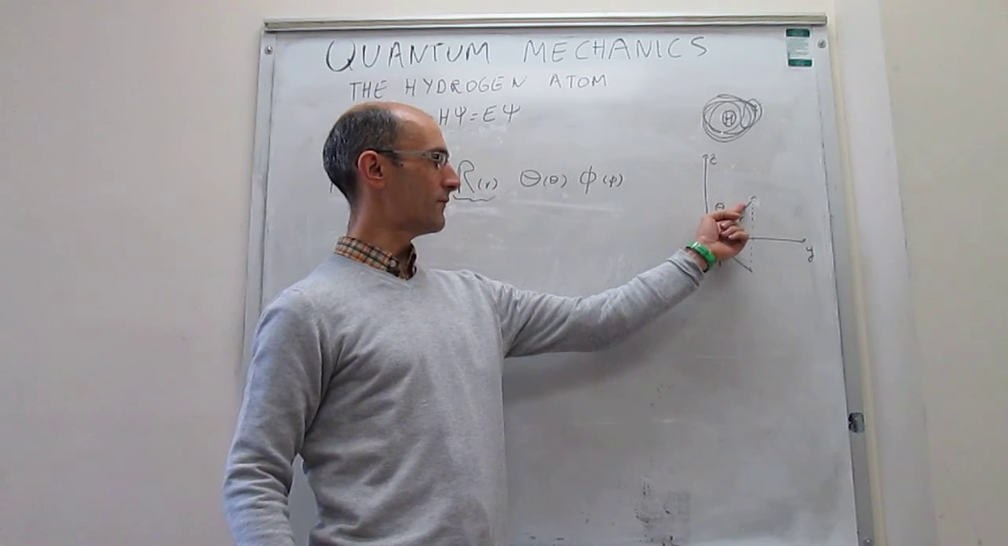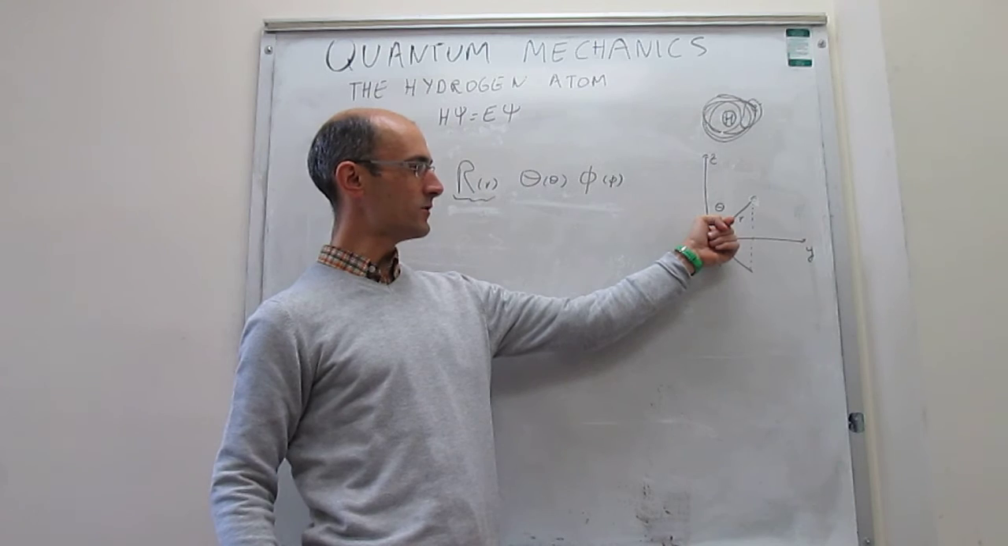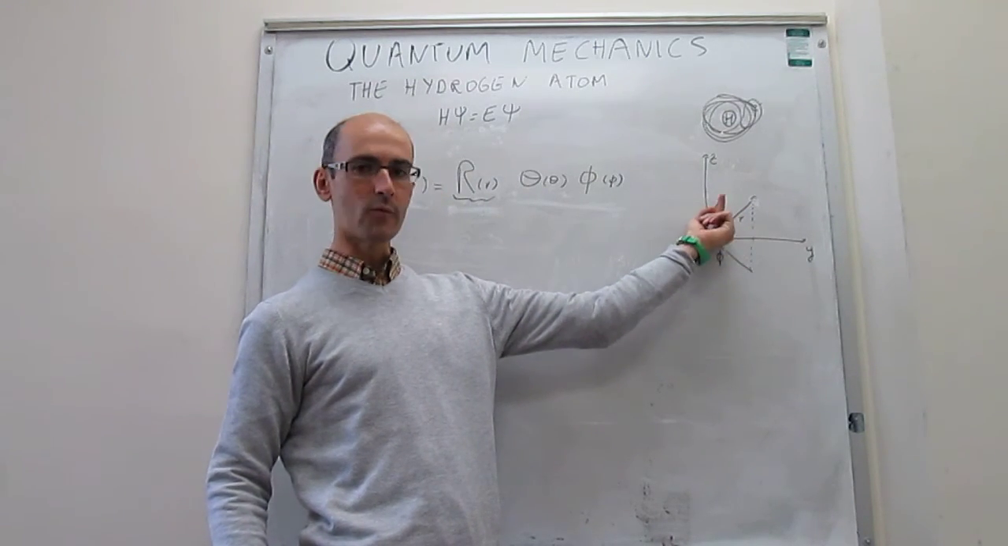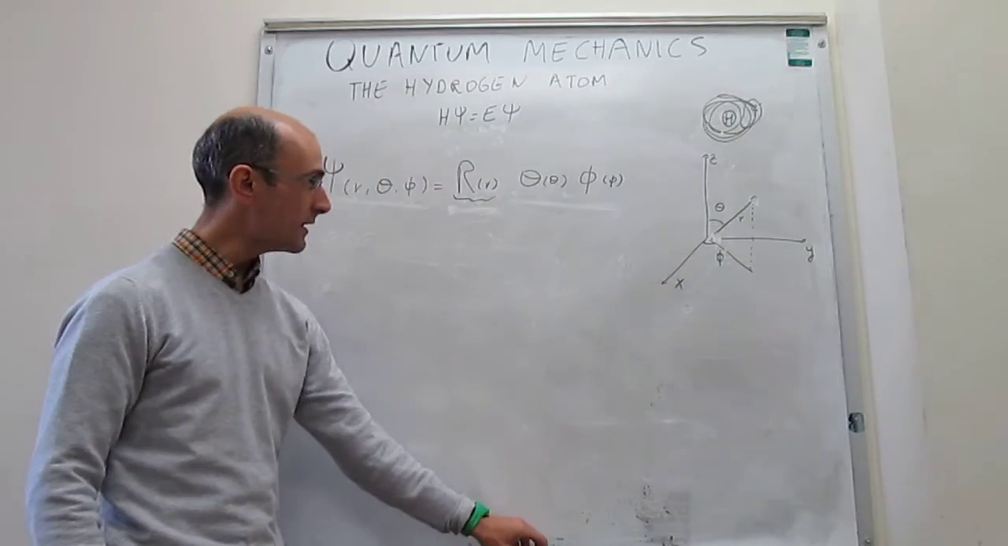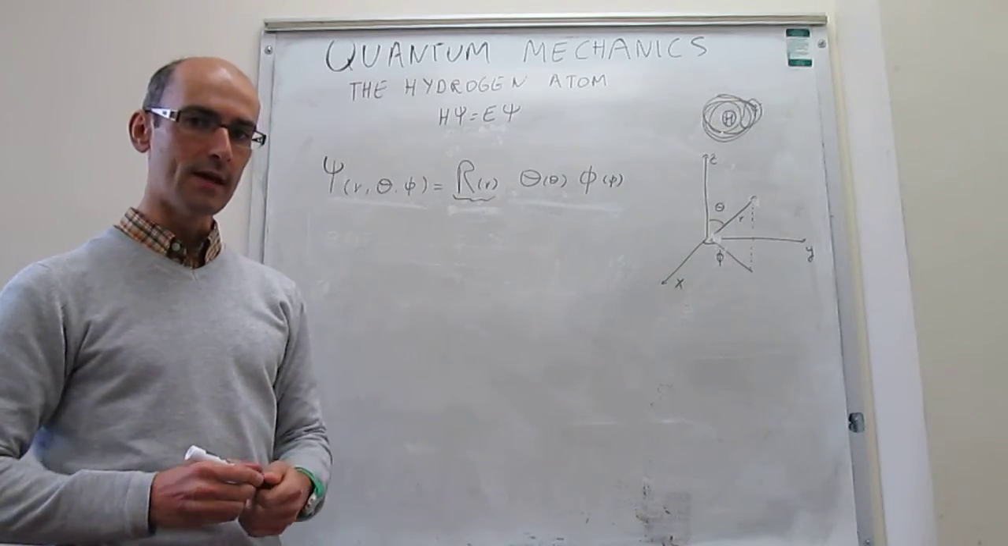Okay, so suppose that you're at a distance r from the nucleus. What the angular part is going to tell you is how the wave function changes as you move in this direction or in that direction, with those two angles. Okay, so we can perhaps see this a little better by writing the full wave function for the 1s